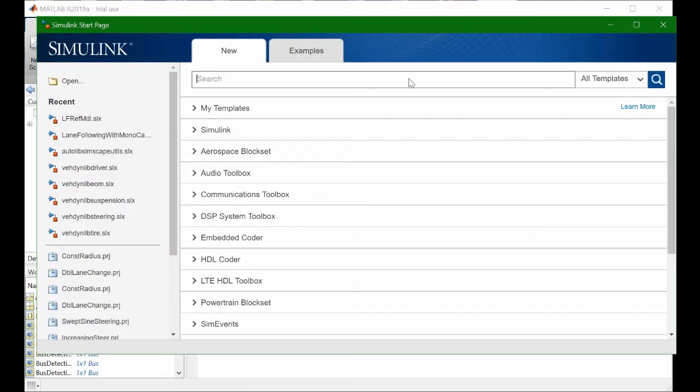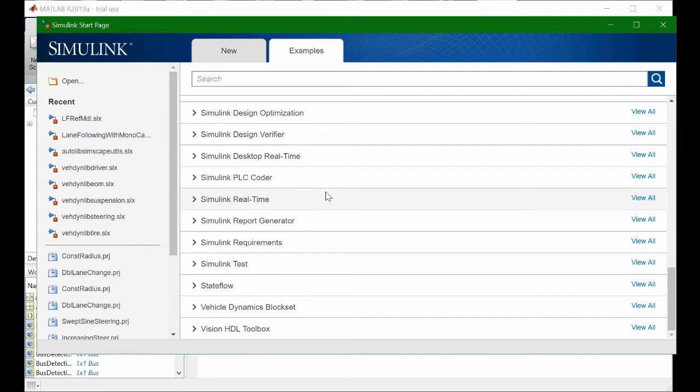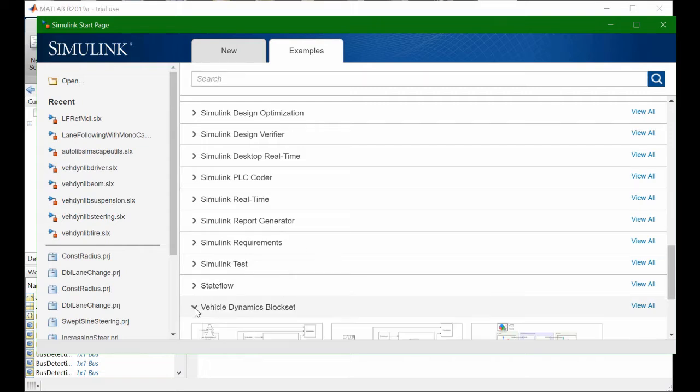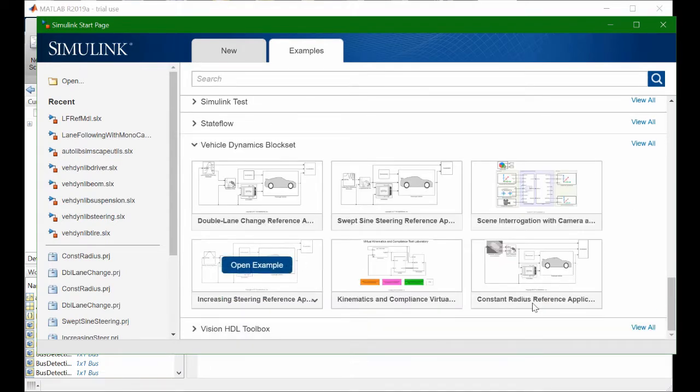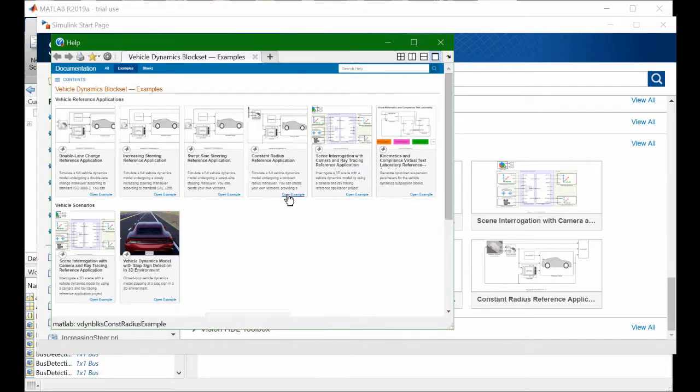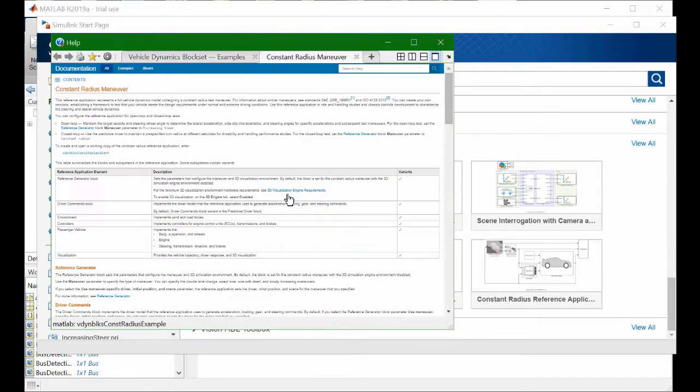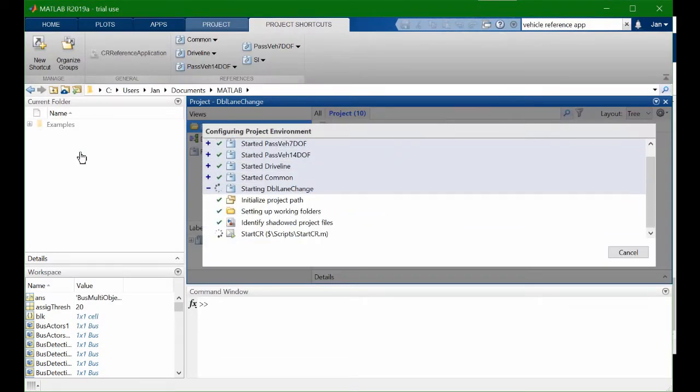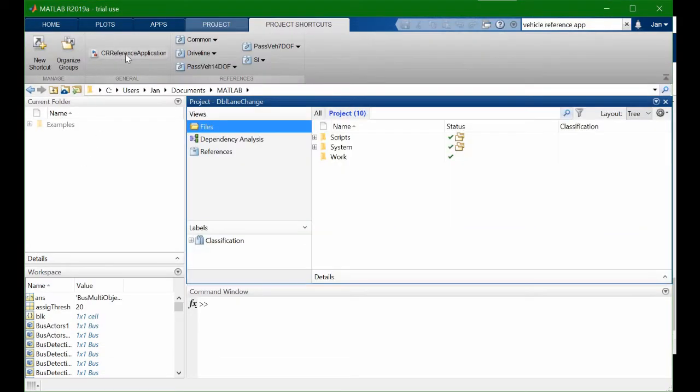So what you can do is click on Simulink, open the Examples tab, and scroll all the way down to the Vehicle Dynamics block set. In there are a few examples, but we'd like to actually open up the constant radius reference application to show you how you can change to a different scenario after selecting it. This opens up a